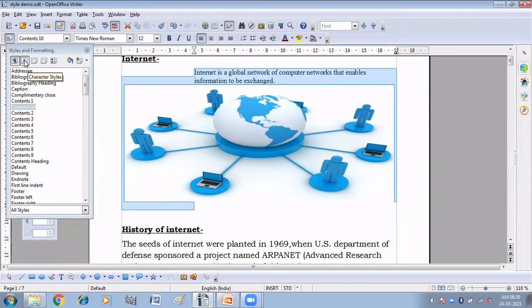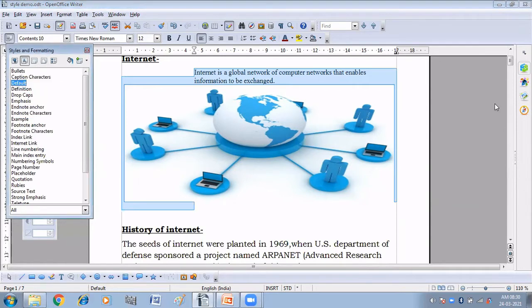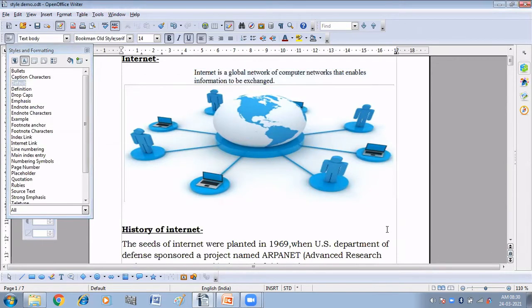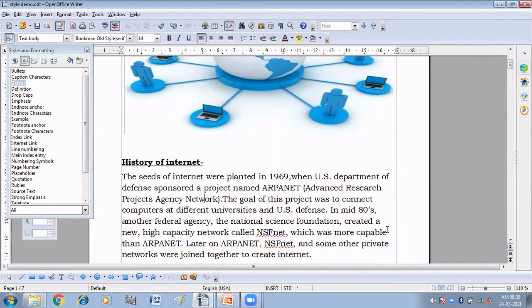Then you have character style. Okay, so we can apply character style on a single character. Let us suppose I have selected this character, okay, and I'm going to apply character style in this. So I'm clicking on drop cap.